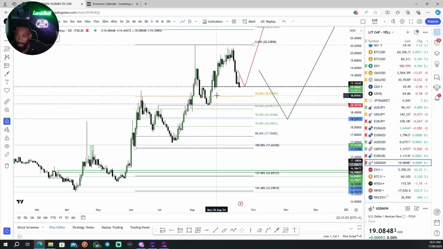Ultimately, guys, we want to be going long on USD Mexican peso once we get a sufficient pullback, okay? If the dollar is going to be pumping, then that means we could get a nice buy on USD Mexican peso because this pair is not too heavily manipulated, meaning that the Mexican peso doesn't really stand a chance against the dollar. This pair is purely moved based off the strength and the weakness of the dollar.